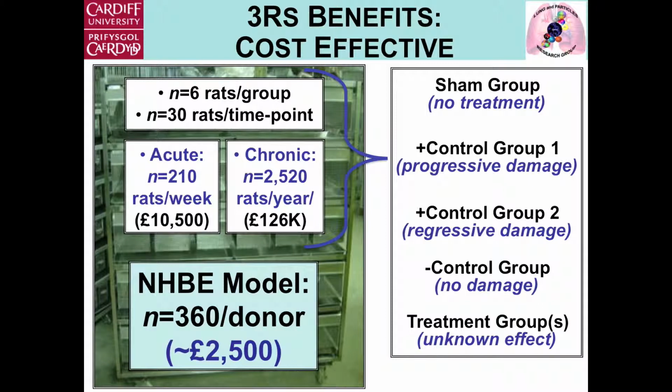Let's look at the cost benefits. This is just a simple experiment whereby you're using n equals 6 rats per group and n equals 30 per time point. And if you look at an acute and a chronic exposure system, an acute one costs around £10,000 for a week, whereas a chronic exposure costs around